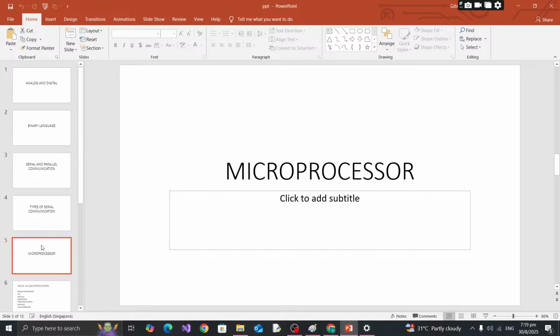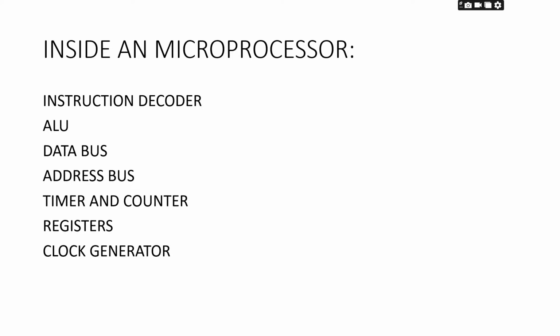Since we need to learn about the microprocessor, I am just showing some slides of what a microprocessor consists of. This microprocessor has an instruction decoder, ALU, data bus, address bus, timer and counter, registers, and a clock generator. In our human anatomy, our brain is the processing unit, and inside our brain we have multiple organs. Like human anatomy, in a general purpose operating system we have the microprocessor. In this microprocessor we have some organs like this: instruction decoder, ALU, data bus, address bus, timer and counter, registers,